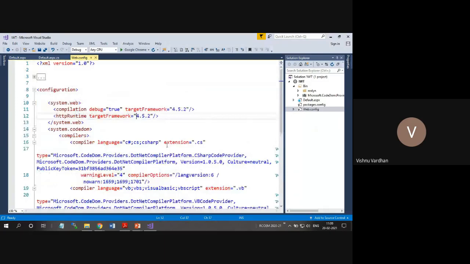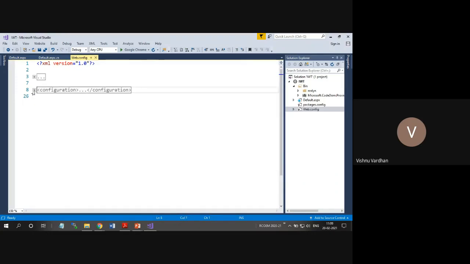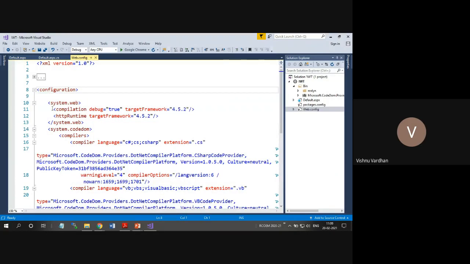So what it is actually doing is conveying some instructions at the time of the compilation. See here, this root configuration element is having system.web, and one of the element names is compilation, and whether we have enabled debug or not. When we have given debug equal to false, there will be no debugging attached to the ASP.NET when it is being launched in the browser. In that way it is going to be manipulating the things.